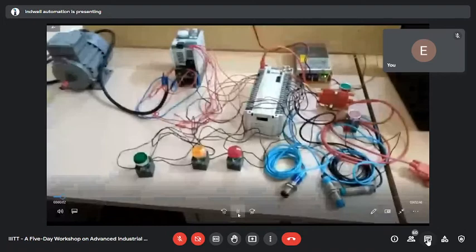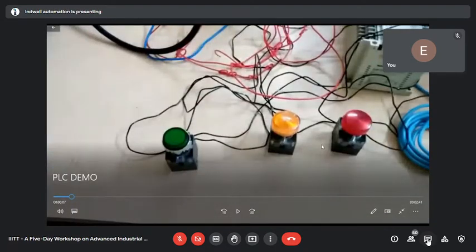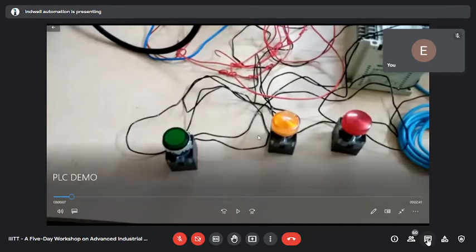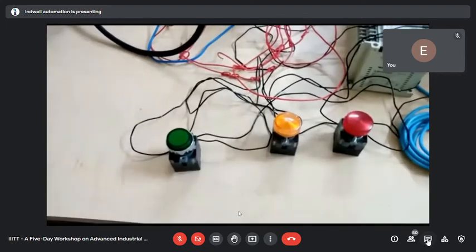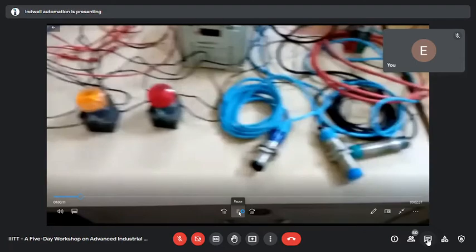Yeah. So you see, I have connected here three indicators: red lamp, yellow lamp, green lamp. Next, you see, these are the sensors.